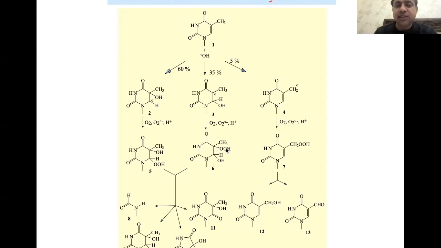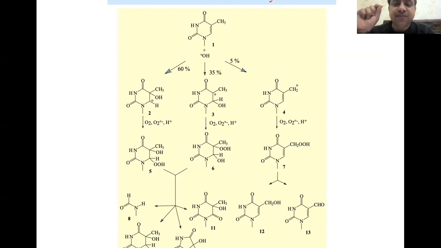Peroxyl radicals. Now these peroxyl radicals undergo reactions and form a variety of products. You can see that they are hydroperoxides, then the oxo compounds, then thymine glycols. So these are the products which are normally formed when the hydroxyl radical attacks the double bond, the unsaturated site,